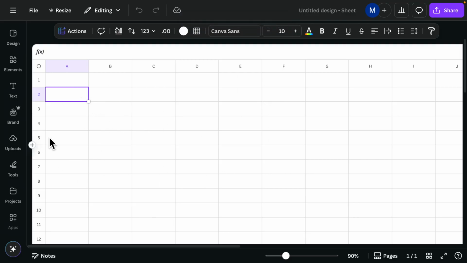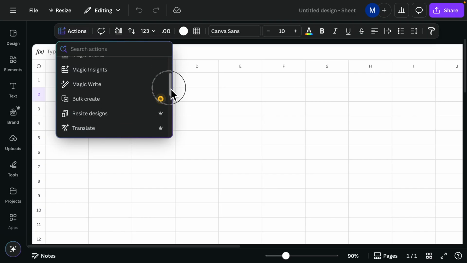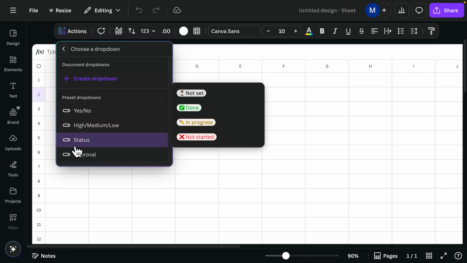For example, here. At first we need to select the cell where we want to create a drop down. For example, we want to create a drop down like this field. So I'm going to click here, and then on the top there is Actions. We just need to click here, it will be expanded. From here we have to choose the option Drop down. We have to click here, and it has a couple of options, but